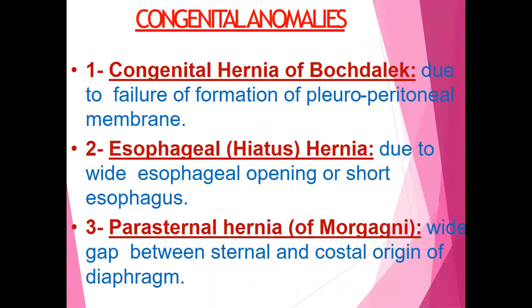What are the congenital anomalies of the diaphragm? One is failure of formation of the pleuroperitoneal membrane. On the side where it forms, this is called Bochdalek hernia. You should consider which structure would be on the right side and on the left side, so whenever there is incomplete partition, the respective organ may be seen in the thoracic cavity.